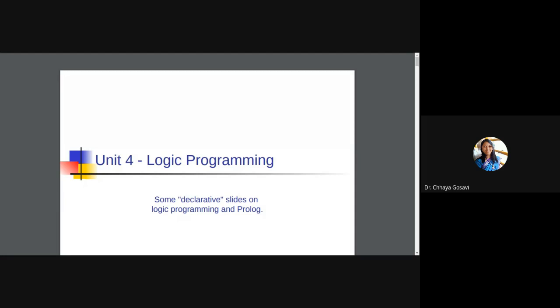There is no need to learn syntax like in C, C++, Java, where you have to learn how to write a for loop, how to write a while loop, and there should be a main, there should be a class, something like this. In functional programming, whatever expression is in your mind, just express it, provide the input, and you'll get the output. So you have seen that a pure functional language doesn't have variables, doesn't have assignment statements, etc.